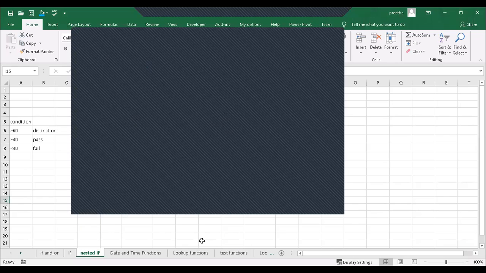Today's chapter starts with Excel formulas or functions. These all come under functions; what we define is called a formula. So today's topic: what are the built-in functions that are there?